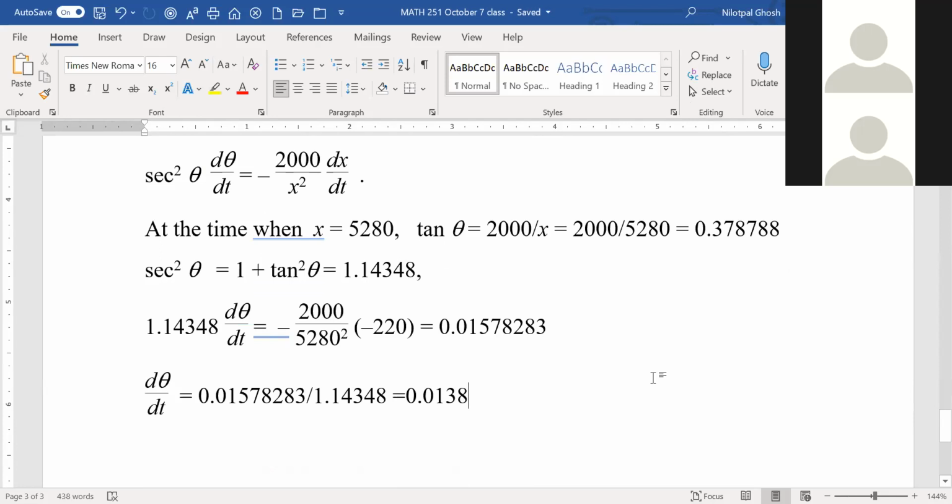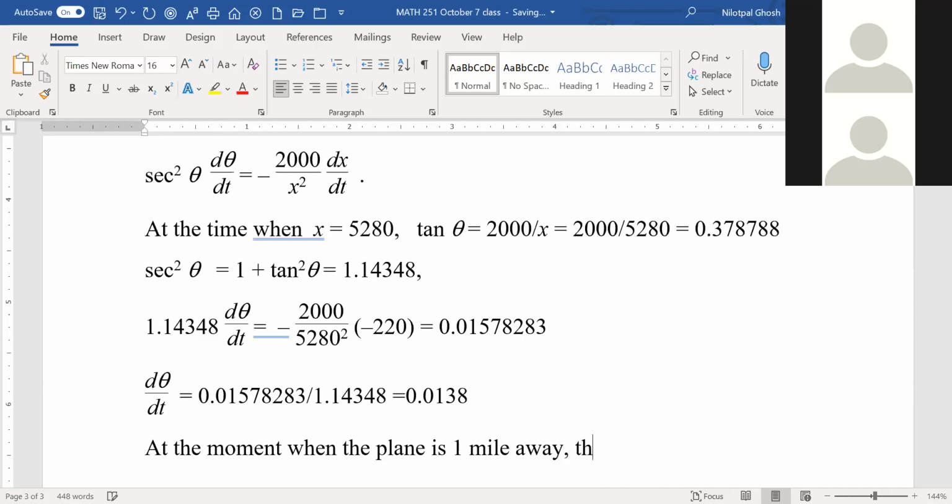So we will say at the moment when the plane is 1 mile away, the angle of elevation is changing, increasing, actually, more correctly. The angle of elevation is increasing